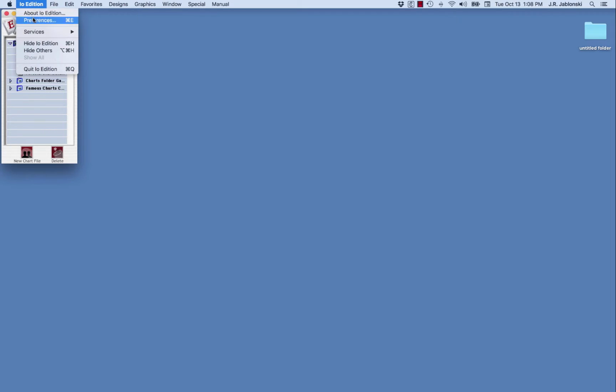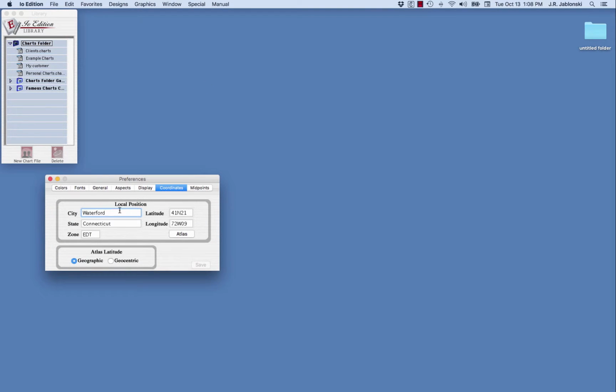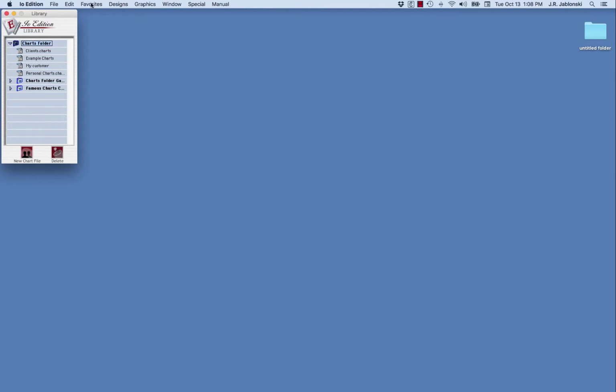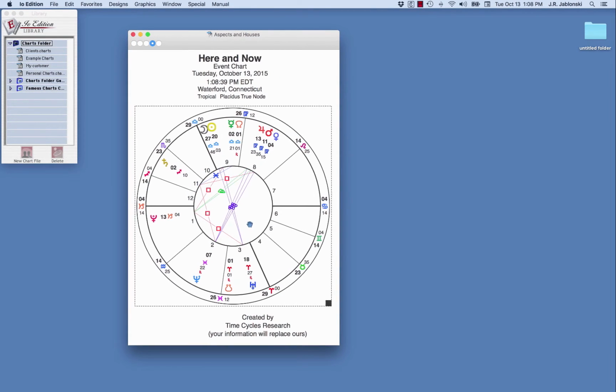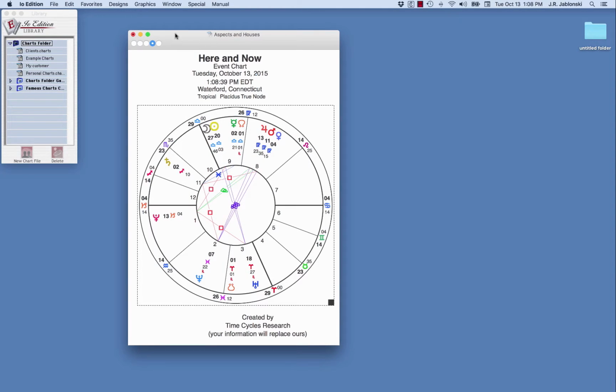your preferences for your current location, in this case Waterford, Connecticut, when you open a chart wheel with no one selected, you get the transits of the moment. If you open a by wheel,